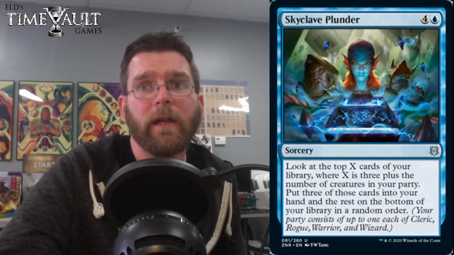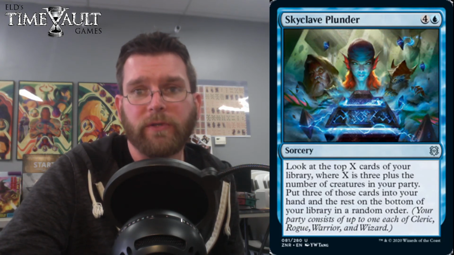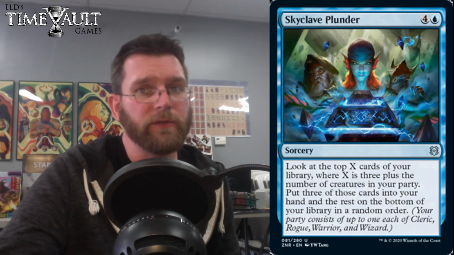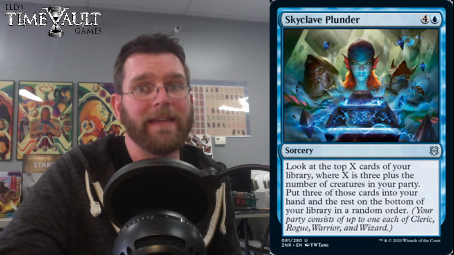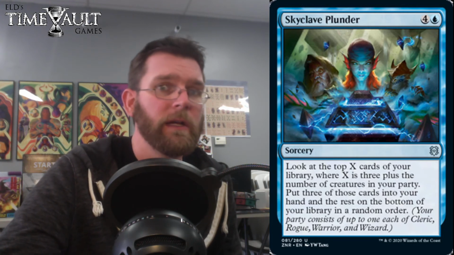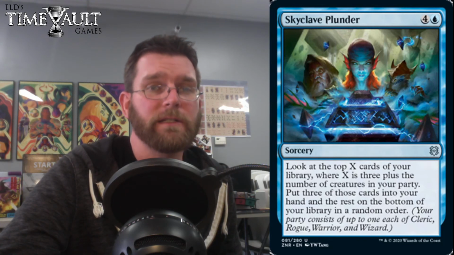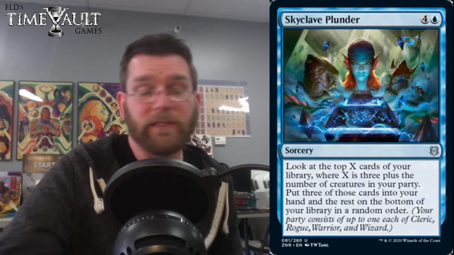Skyclave Plunder, 4 and a blue, where you look at the top X of your library, where X is 3 plus the number of creatures in your party, then put 3 of those cards into your hand and the rest on the bottom. So for 5 mana, you're going to draw 3, or you're going to potentially look at up to 7 cards and then get 3 out of it. So this is like a more fairly costed dig through time treasure cruise hybrid,